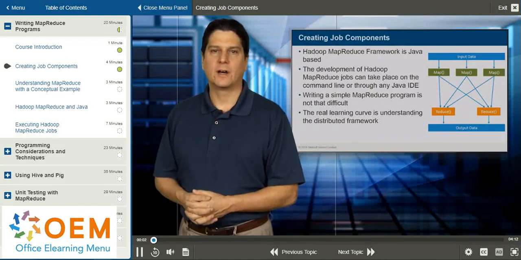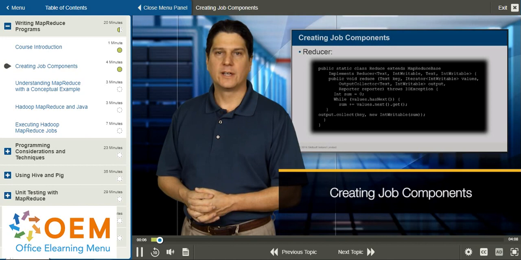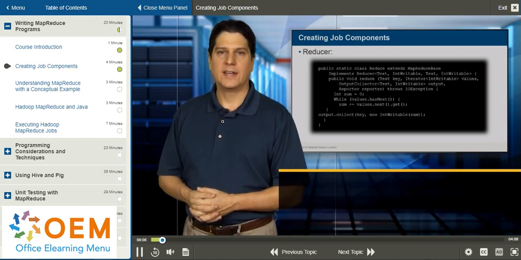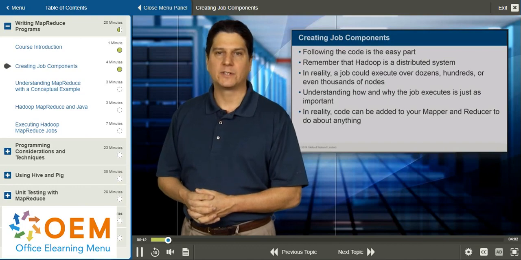To learn the components of a Hadoop MapReduce job. You will learn each of the components, their function, and how they interact with each other. It is important to understand how the MapReduce process works and how each piece contributes to the mapping and the